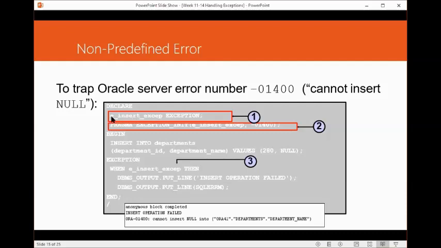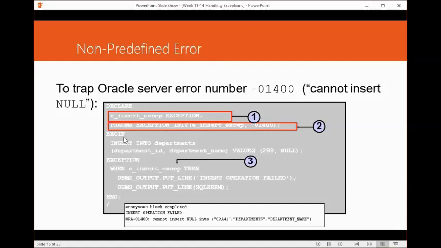If you want to write insert exception, it's fine. Next is PRAGMA EXCEPTION_INIT. Then open and close parentheses, put inside the name that you declared for the exception, e_insert_except. Then of course the value,